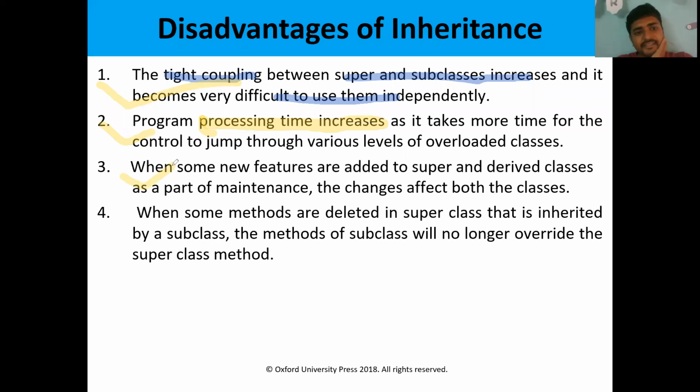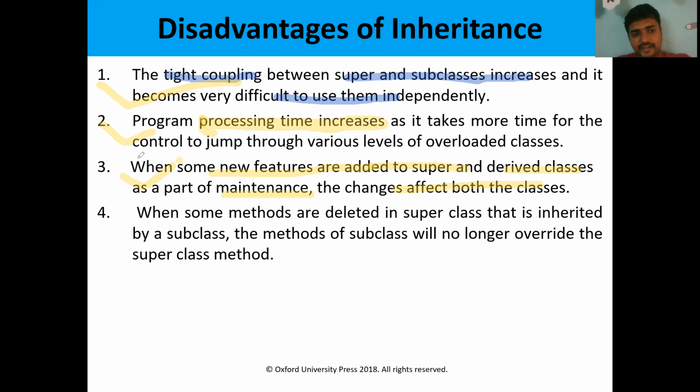The third disadvantage is that when some new features are added to the superclass as a part of maintenance, the change affects both classes. If you add some features to the superclass, the same will be reflected in the subclasses also.